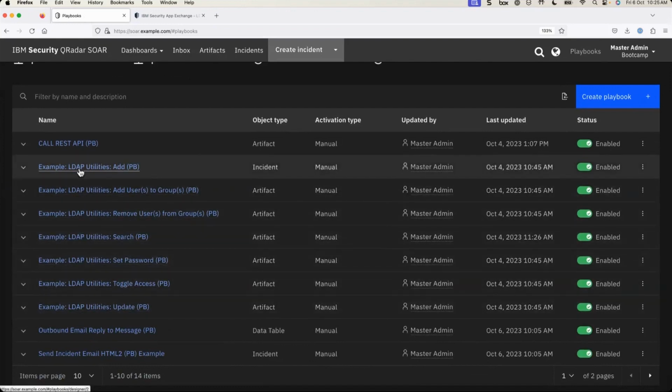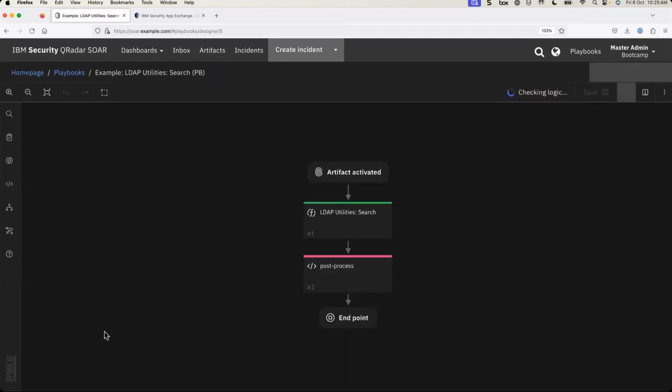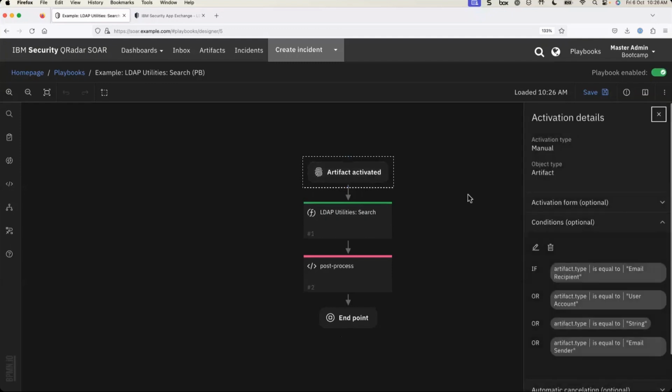All right, let's have a look at LDAP search. This is a very basic thing we can do, an LDAP search, right? So this is the playbook. We'll go through each of these sections, functions, task, script, in the playbook section. Right now, let's look at this playbook. It says the first thing, artifact activated. What does it mean? This means that this playbook can be invoked with the object type artifact,